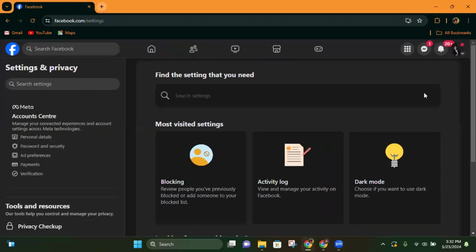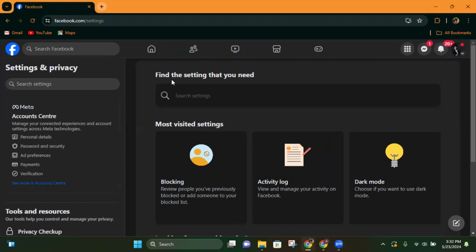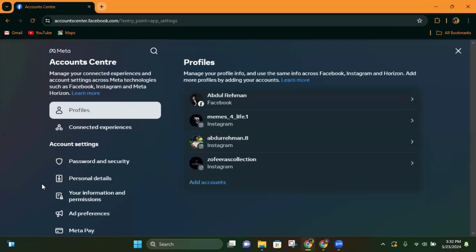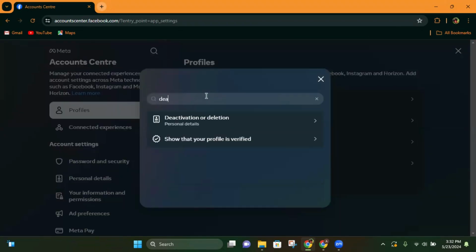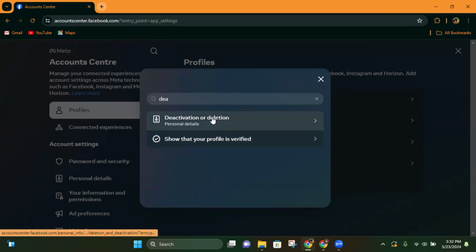Now here it will show the settings page and on the left side you can see this option, Accounts Center. Now click on see more in Accounts Center right here and then click on this search icon here. Click on it and then search deactivation or deletion. Now click on it